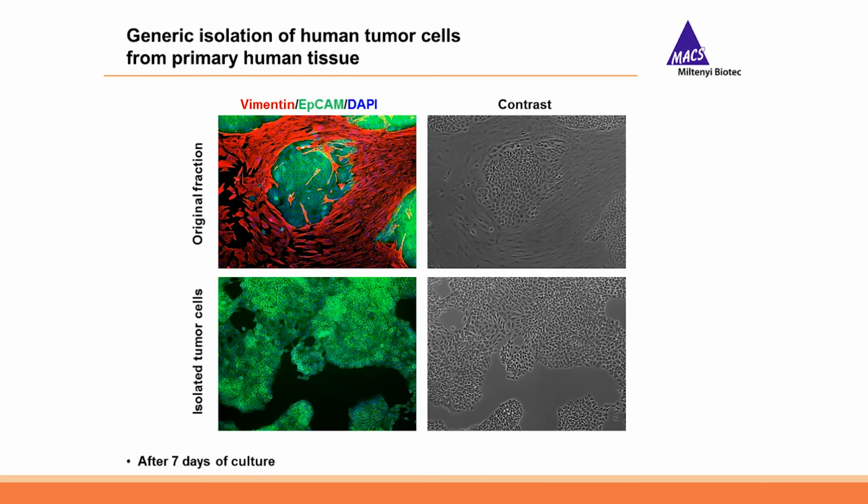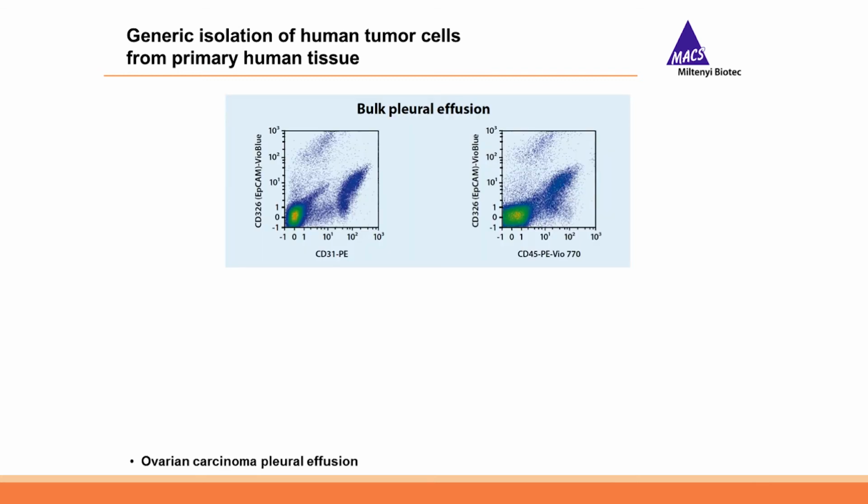Whereas when you plate the cells after isolation, you will have a very nice and homogeneous culture, and you completely avoid the risk of losing your culture by overgrowing fibroblasts. And of course, also if you want to do drug toxicity, that will be a much more homogeneous starting population. What is very important is that it does not only work with, let's say, easy samples where you already